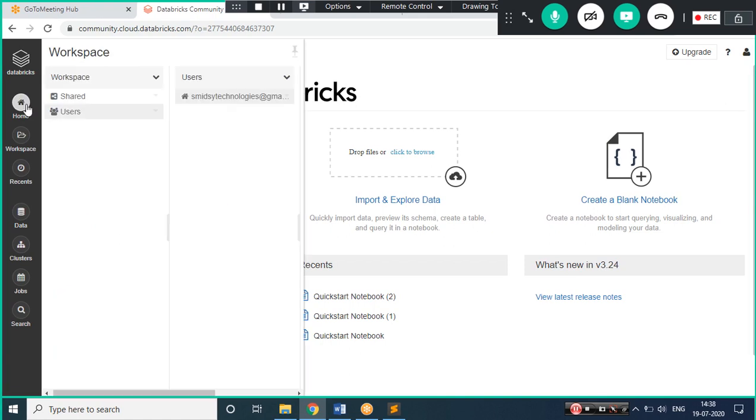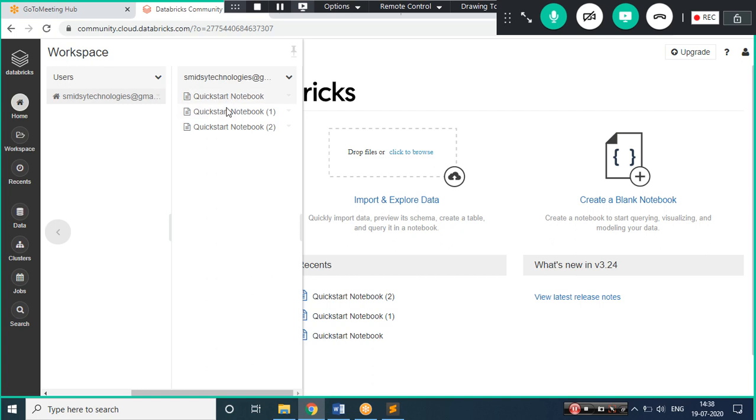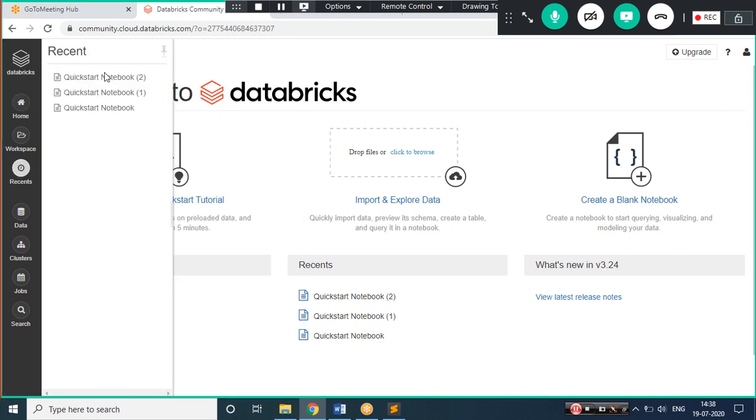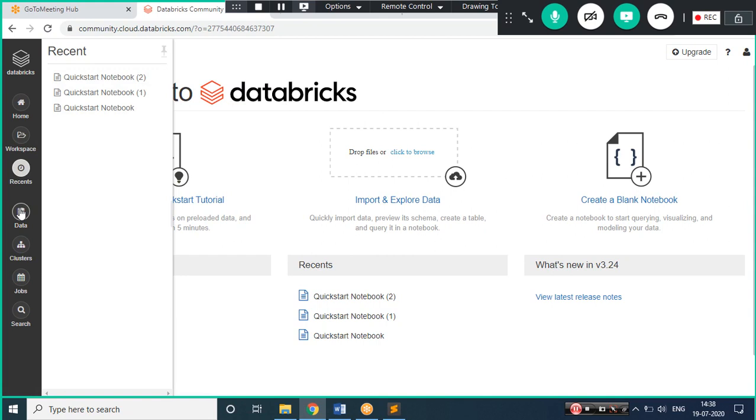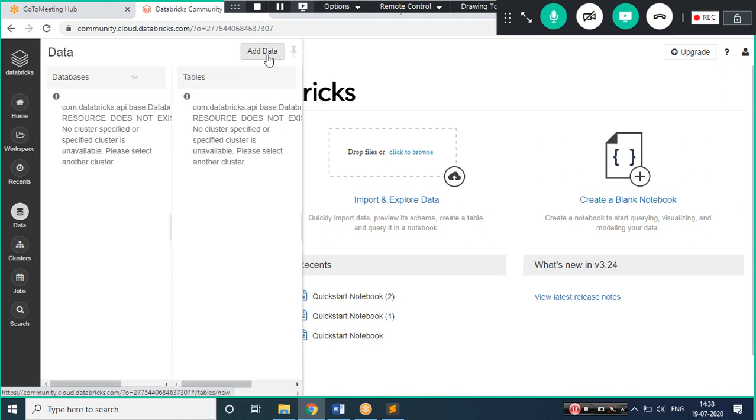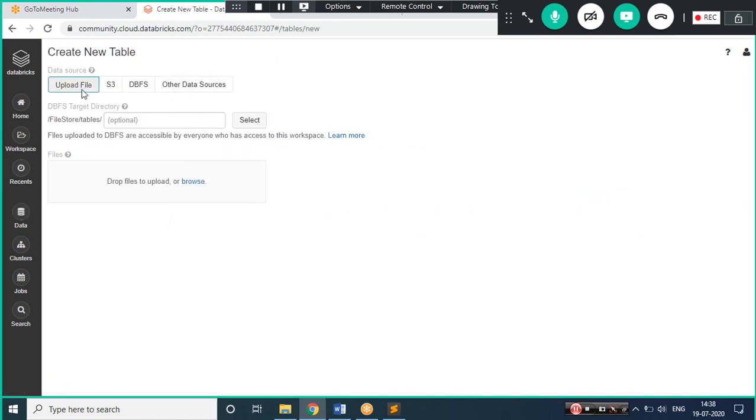This is the home button, where you will have all the information about the notebooks which you will be creating and working on, and the recent notebooks you will get here. I have worked on 3 things. If you go to add data, there are 3 or 4 tabs where you can upload the data.